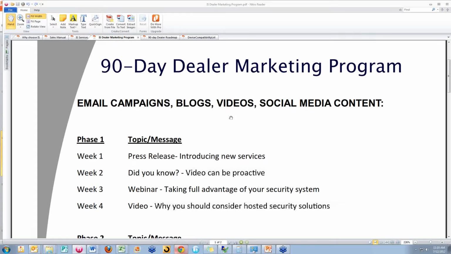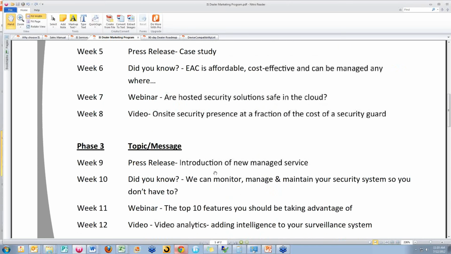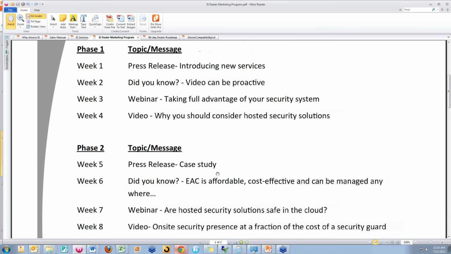Now you can see the marketing program. Phase 1 is month 1, phase 2 is month 2, and phase 3 is month 3. Each week is a different topic and a different medium to get the message across. The first thing we recommend is a press release introducing the new services that you have available. The next week, you would do an informative newsletter that talks about how video can be proactive. The third week, we can host a webinar that teaches your customers how to take full advantage of